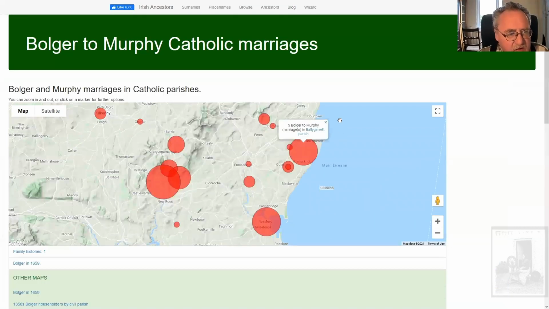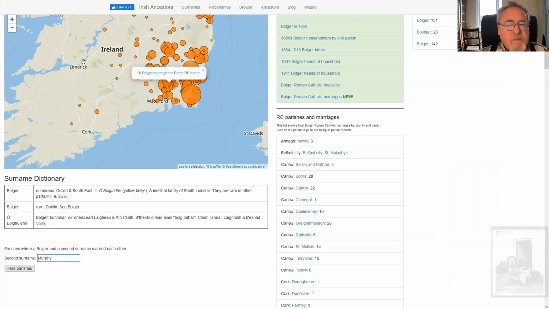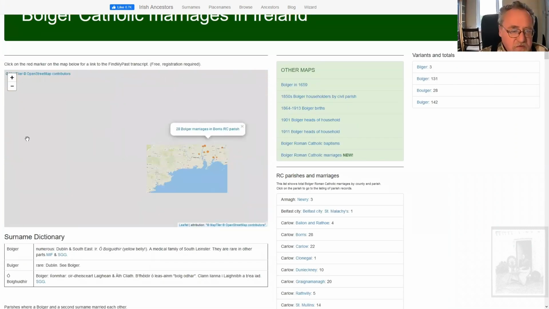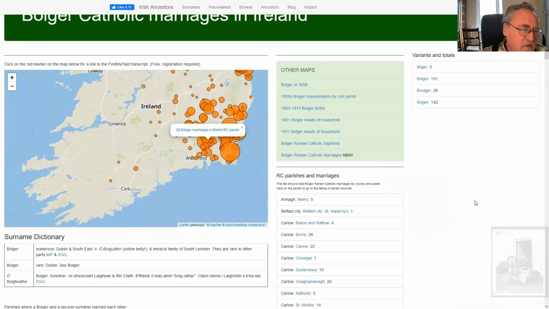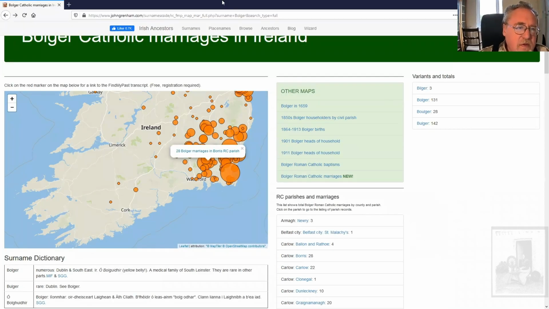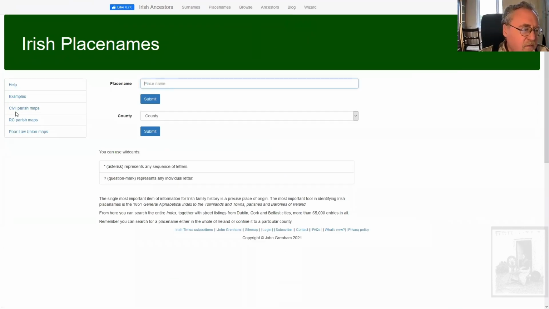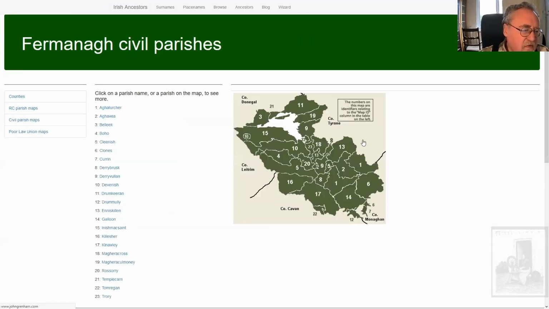And I realized as well as being the genealogist in residence, I was also at that stage working with the Irish Times on an earlier version of this site. And I realized one of the things I already had was listings of civil parishes. There are something like 2,700 civil parishes in Ireland. Let me just demonstrate. Civil parish maps. So these are the civil parishes. So there's Fermanagh, for example,